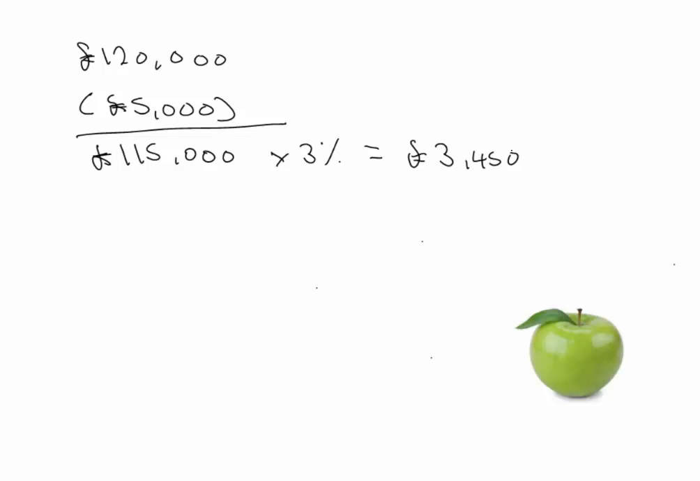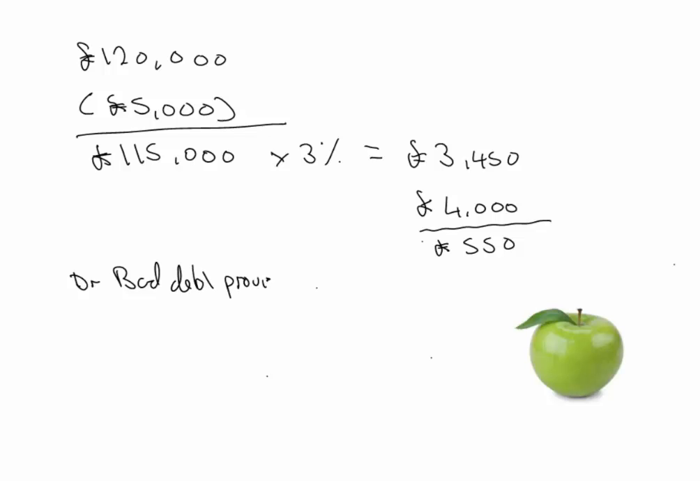However, we already have a provision in place of £4,000 from the previous year. So instead of introducing a provision of £3,450, we just want to adjust our opening figure of £4,000 down to £3,450. So we're going to actually reduce our opening provision by £550 because it's slightly too much than what we want. So to reduce a provision, remember in the previous year we entered a credit, we're going to enter a debit this time. I'm going to debit the bad debt provision, and that would be in the statement of financial position or balance sheet, with £550,